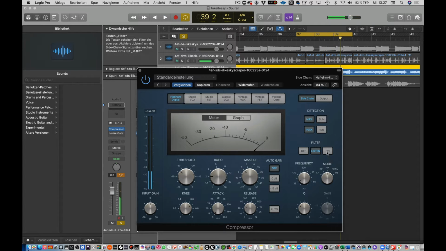And now I turn the filter off and see how the compressor reacts. This is very fast and flattering because I detect it with peak. And if I let the compressor react to a hi-hat signal, this will be even more extreme. For example, if I filter like this,